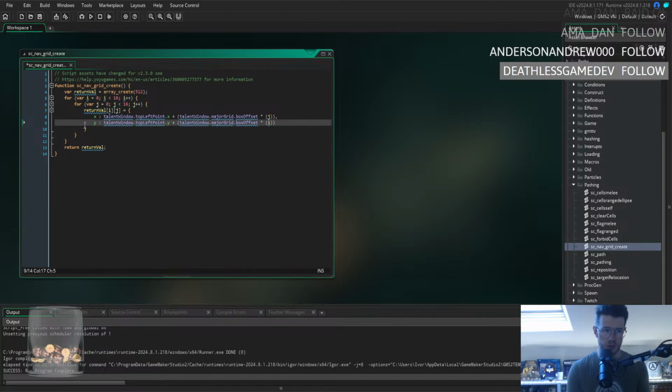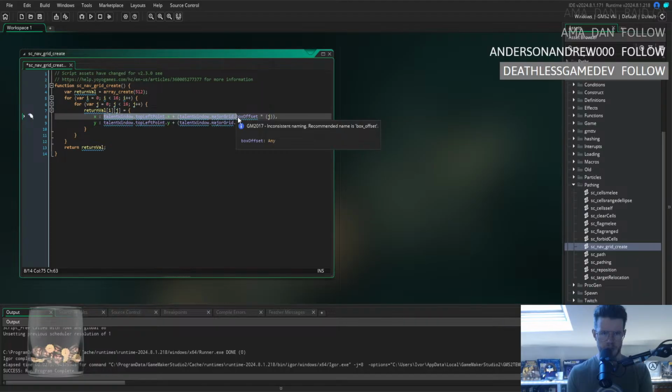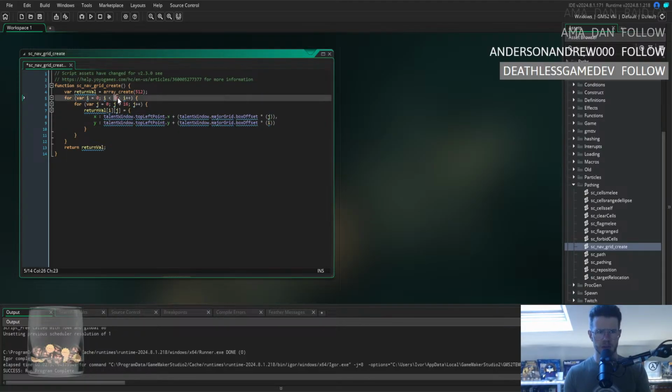I'm not quite sure why we do it that way, but okay, I'm going to run with it for now, I think. And this is confusing the hell out of me. So I just got to think about it. So we're starting at 0, 0. Each time we increment one of these, we're going to go up by 16 times cell width for X. So this would be something like